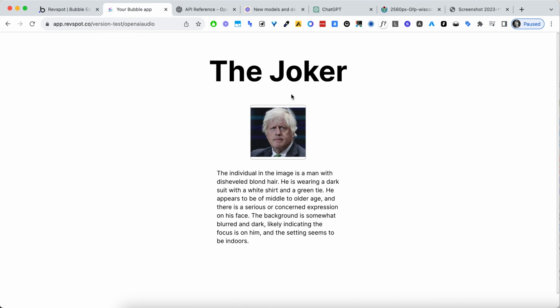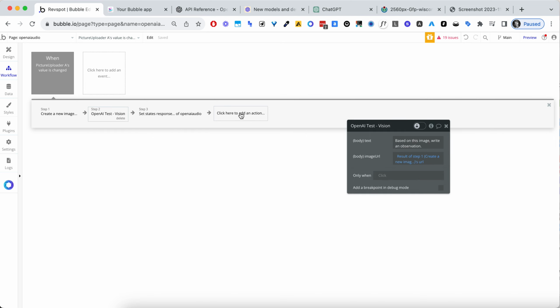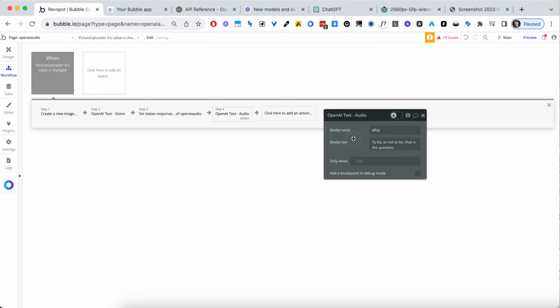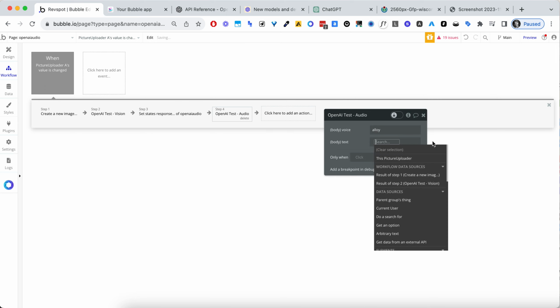So not as, the utility is probably lower, but again, just to show you how to work with the APIs. So what I want to do now, you could probably guess this, I want to go with the audio also, so that we can have this as an audio. So what we're going to do is add a step in the workflow, and we're going to say audio. Let's go with alloy actually, but the response is going to be,